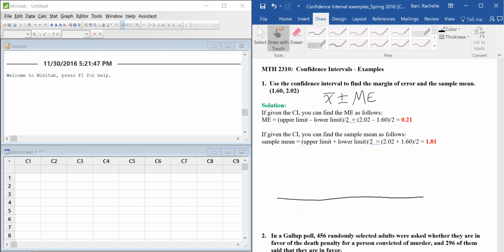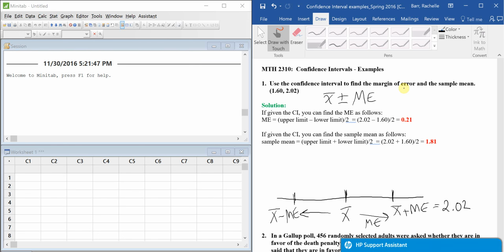To find the upper part, you start at the mean and then you add a margin of error to reach this value, which is x bar plus the margin of error, which was given to us, 2.02. Then to make the other end, we do the subtraction one. So we subtract a margin of error, which moves you backwards on a number line, to the mean minus whatever the margin of error has to be. So you land here,